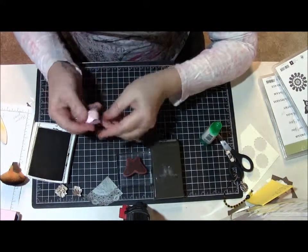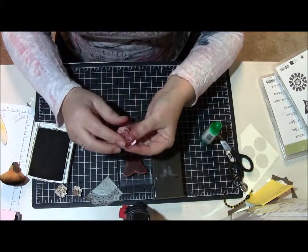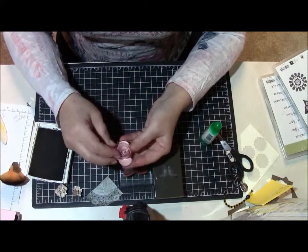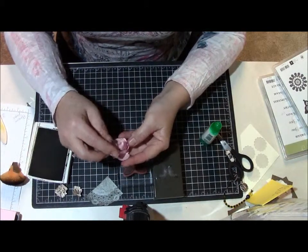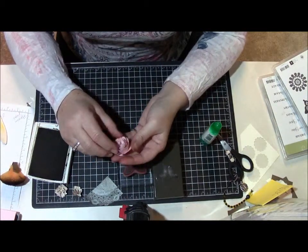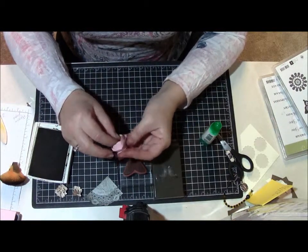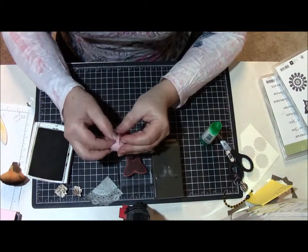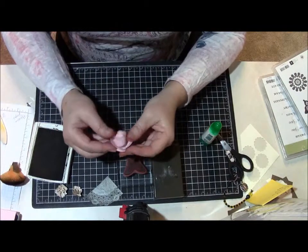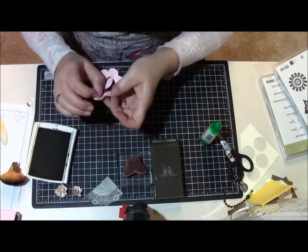Okay. Now, this last little circle on this is where you're going to glue down your petals. Depending on how tightly you wind this up is how tight of a flower you'll have. I have a tendency of not making it real tight. I like them a little bit looser, but you can do it however you want. So now that I showed that to you, I'm going to wind it up just a